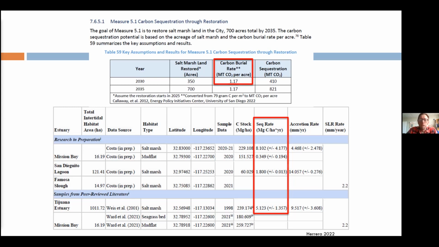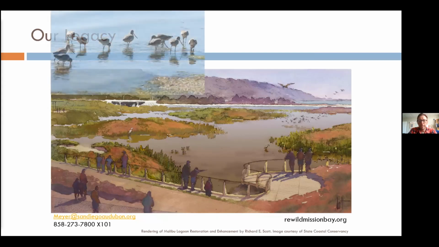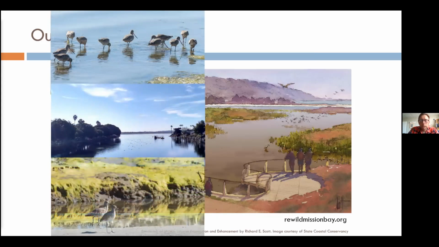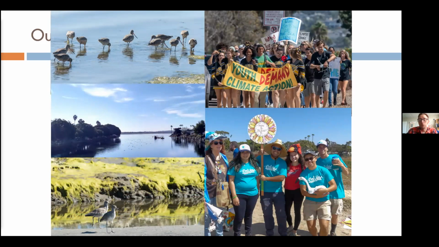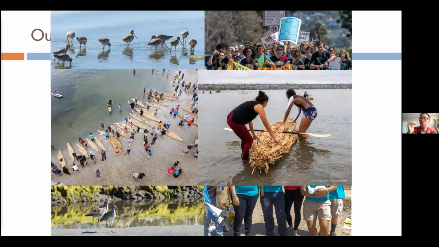But if you go one more slide, I think this is it for me. I just wanted to emphasize that there's research going on. And if you click one more slide too, that's the end. There we go. So I just wanted to emphasize that the tidal wetland habitat is just the example habitat that we have some research on so far, enough to quantify and say, yes, this kind of habitat helps us go negative, helps sequester more carbon than it releases, and can help sequester some of the carbon that we will be emitting to the atmosphere for a long, long time.